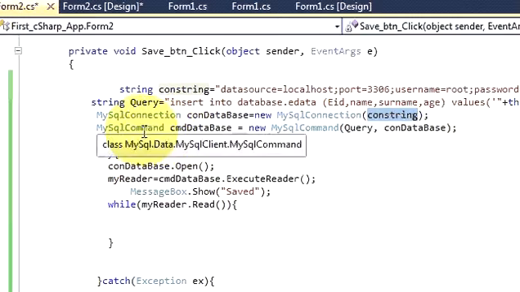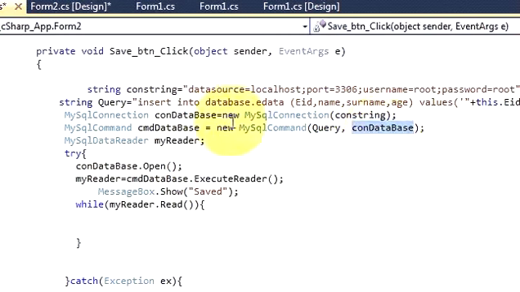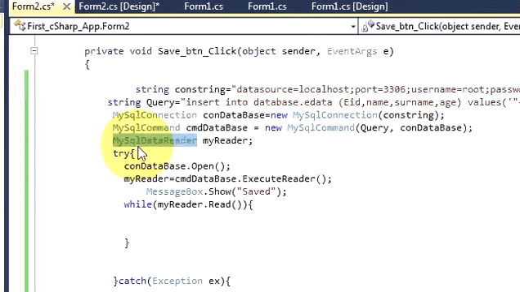Then write MySQL command cmd database, this is my variable name, is equal to new MySQL command, and I will pass this query here, comma, con database, this one I'll pass it here, and then we will declare a MySQL data reader variable. So write MySQL data reader,